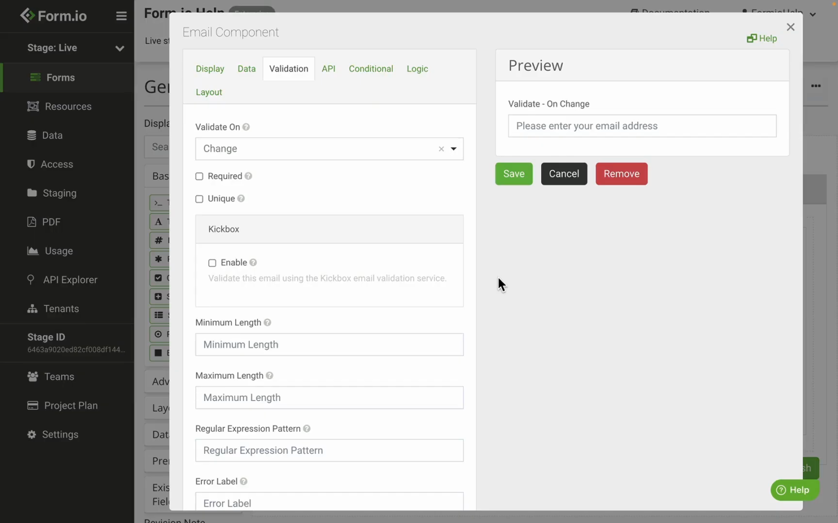Back to the settings. The first setting in the validation tab is the validate on setting, which determines when the front-end validation will occur in the field. The default option change will trigger validation anytime there's a change happening inside the field. Blur will trigger validation when the field is no longer in focus, or in other words, when the user clicks